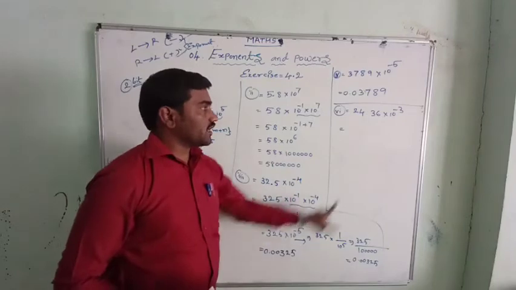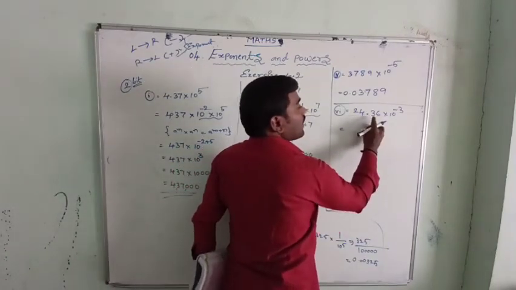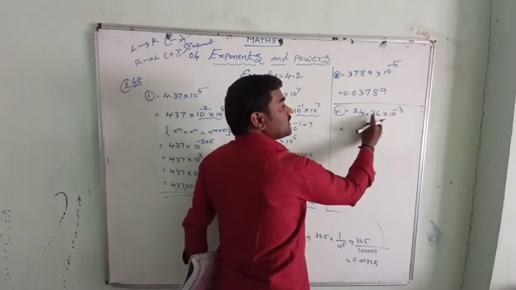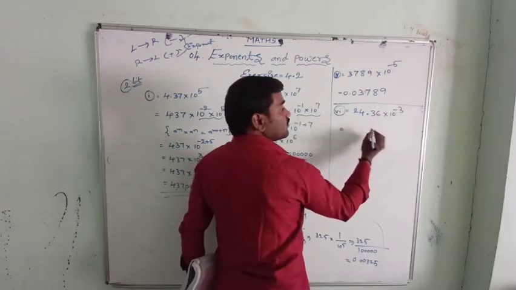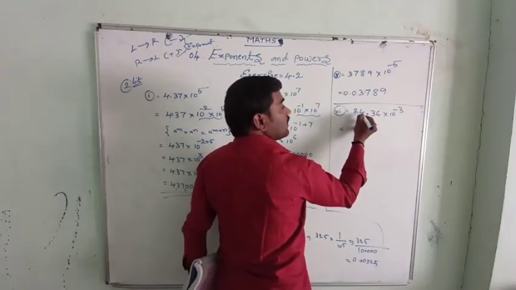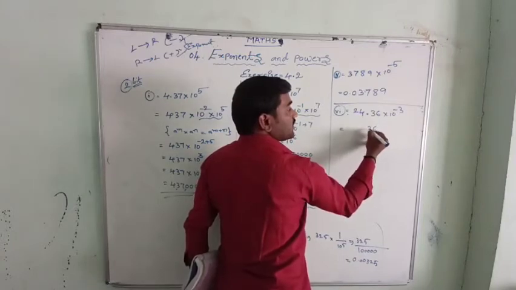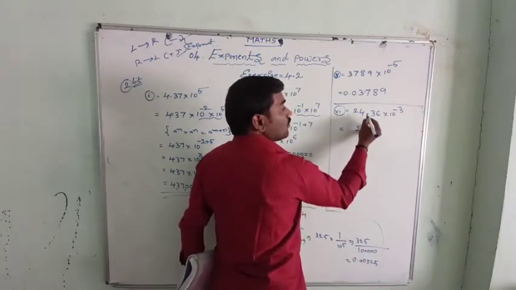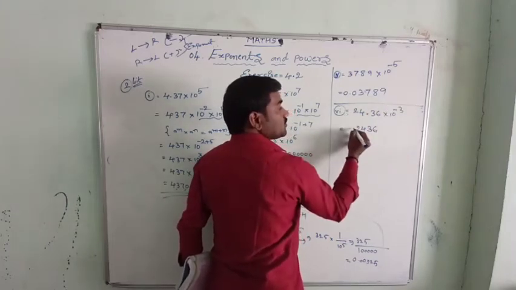Either you can do it in this method or in another method that I am telling you. So see that this minus 3 is there. That means this decimal should move 3 digits left side. So let us move it. Here 1, 2, there should be one more digit here. 6, 3, 4, 2. Only 2 digits came here. One more digit should come. So to satisfy this, we will keep a